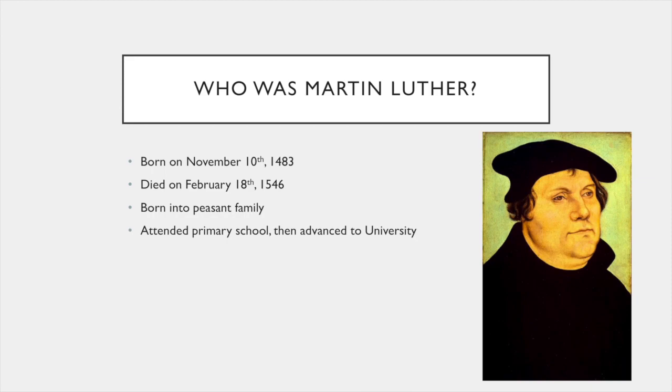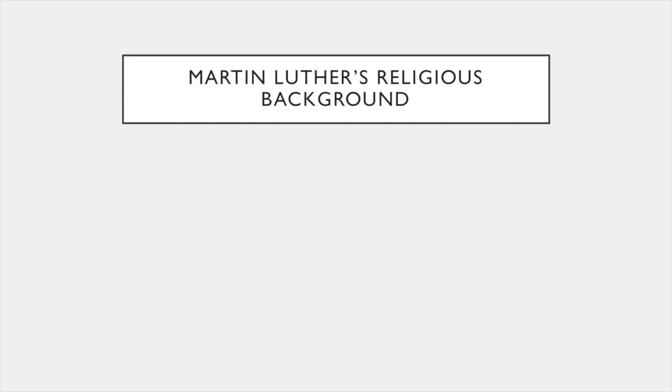In 1501, he started studying at the University of Erfurt. His specialization, what he got his master's in, was logic, rhetoric, metaphysics, and grammar. At this time, Martin Luther was trying to achieve his father's dreams for him, which was becoming a lawyer. However, life rarely ever goes according to plan. So was the case of Luther's plan to become a lawyer.